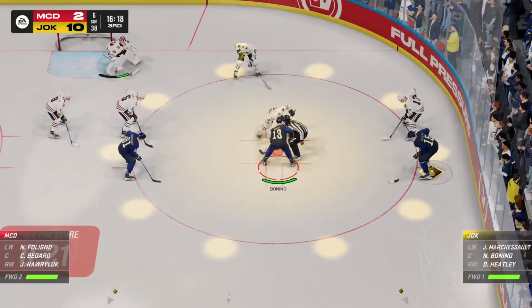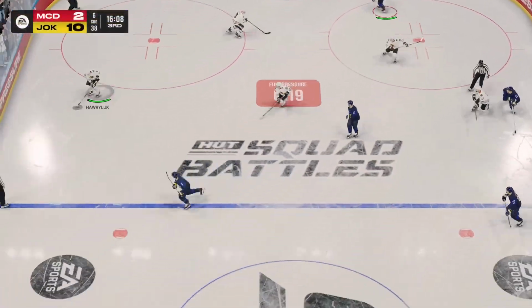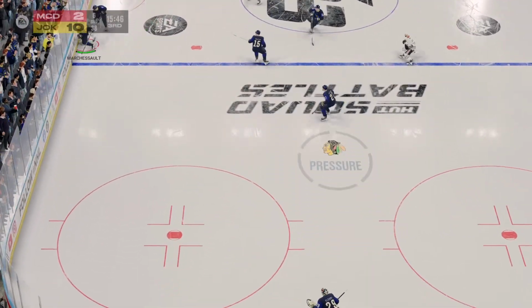Looks like both teams have cooled their jets. And here's the upcoming face-off. Quarterback's got it in the defensive zone. Lights him up into the boards. And he loses both